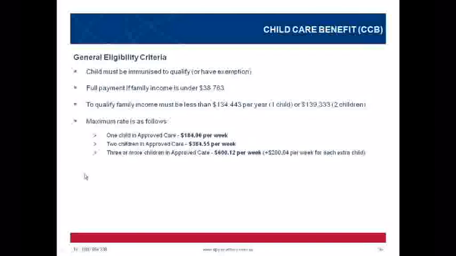I've got up there the maximum rate. So if you've got one child in approved care, the maximum that you can receive under the child care benefit is $184 per week. So that's to help offset the cost of childcare. The benefit itself can be paid one of two ways. It can be paid to the childcare centre as reduced fees or annually as a lump sum. Just a point on cash flow planning with the clients that I work with. Obviously, having it paid to the childcare centre is